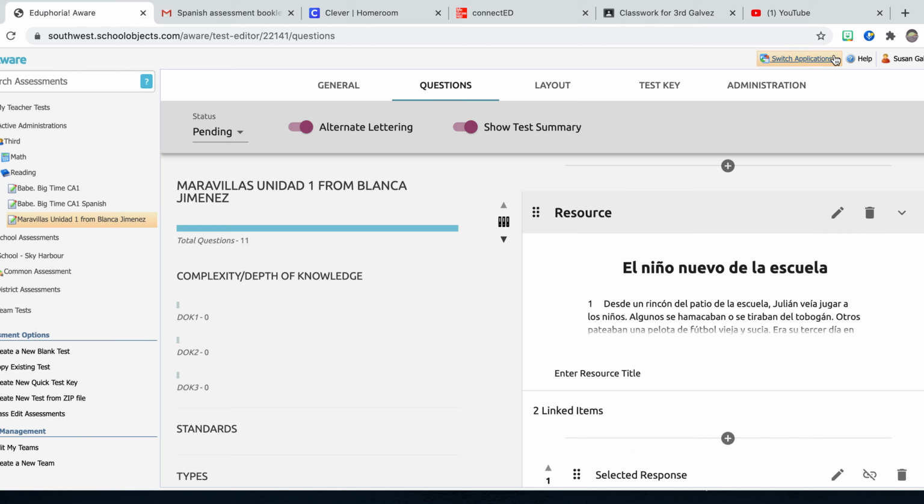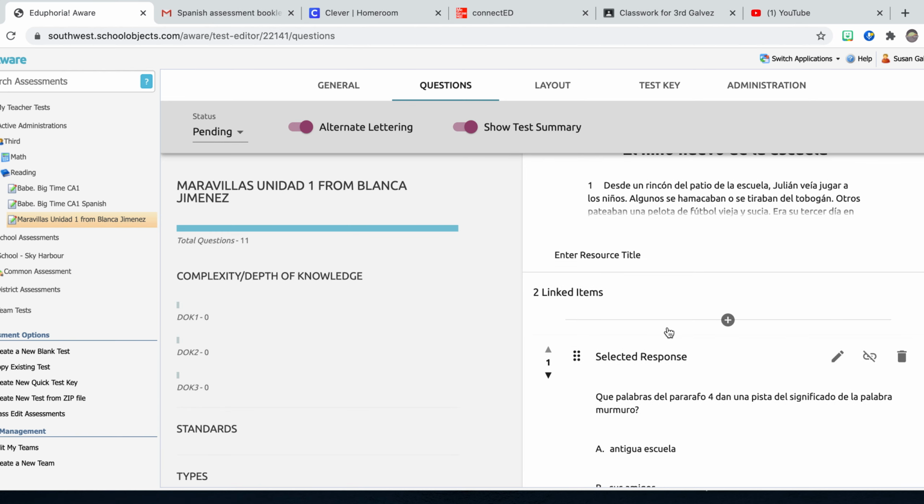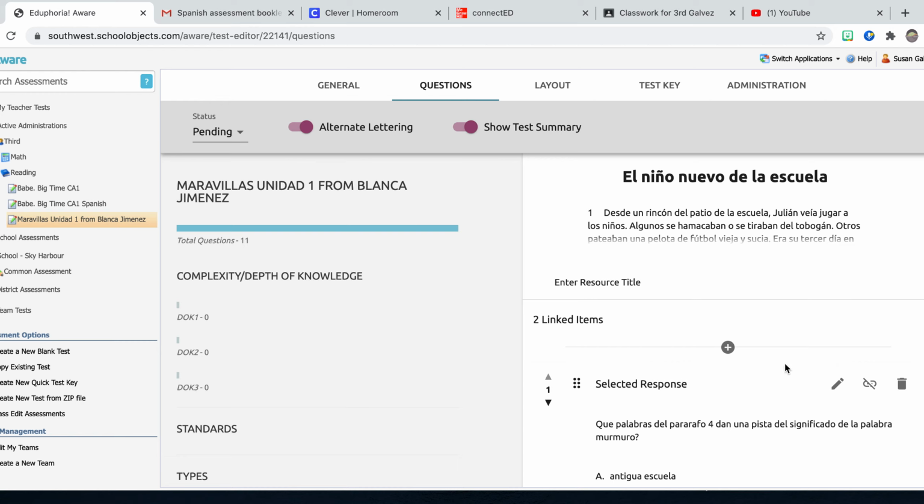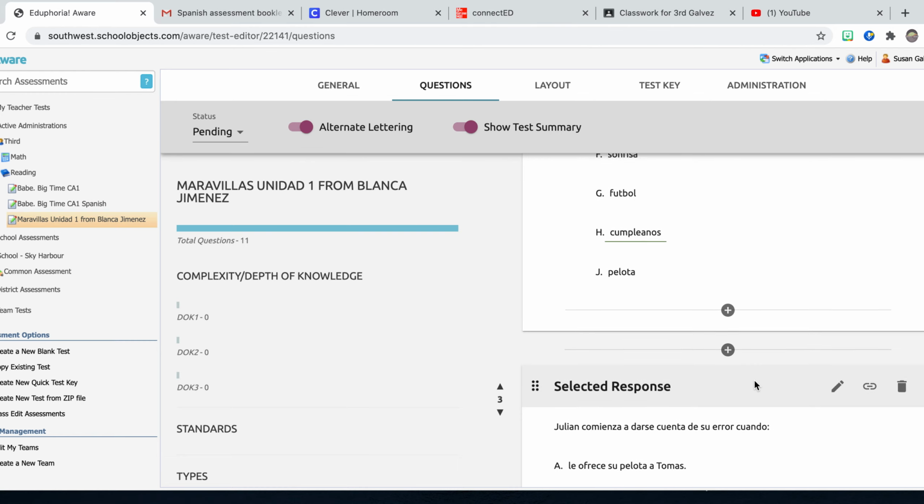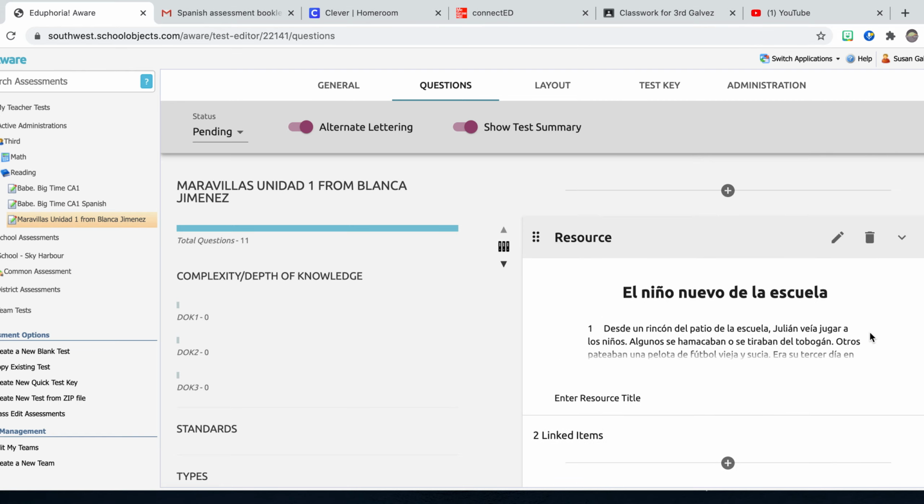I want to also show you and share with you how to link a question to a passage, so that way the student can refer back to the passage whenever they're answering the question. So what you can do is there is a link button. So for example, here's question 3. In question 3, I want to make sure that the student is able to refer back to the passage. So I'm going to go ahead and I will link it